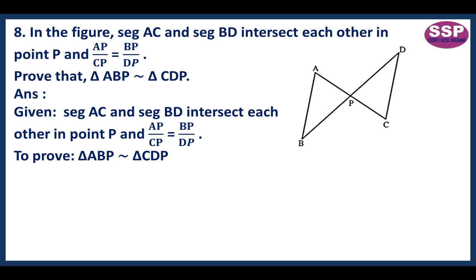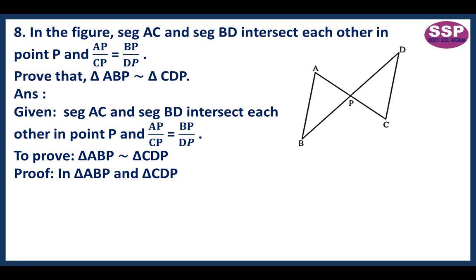Now here we have to prove two triangles similar, and we are given that two pairs of corresponding sides of the two triangles are in proportion. Then we have to observe the figure and find one more condition so that it fulfills all the conditions to show two triangles similar. After observing the figure, we get angle APB congruent to angle CPD, which are opposite angles. Okay. Then now we can write our proof like this.